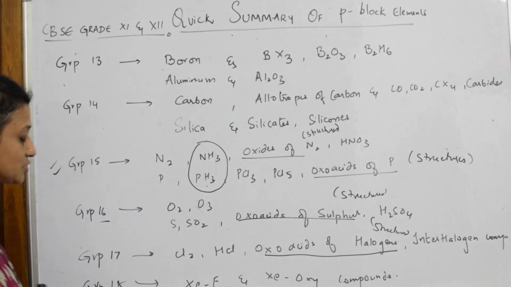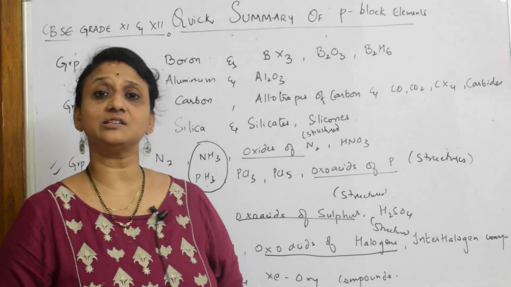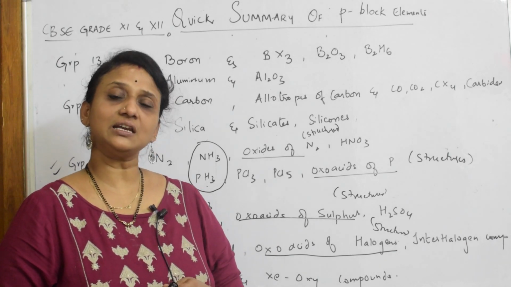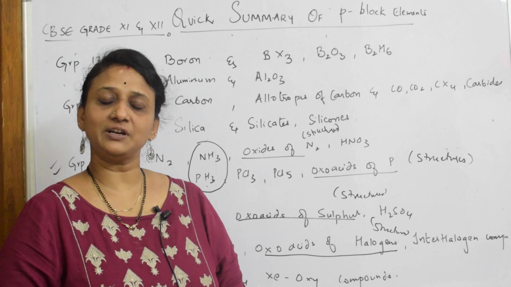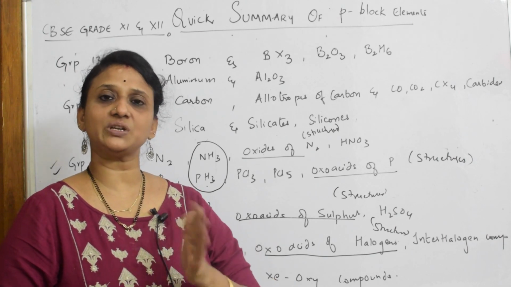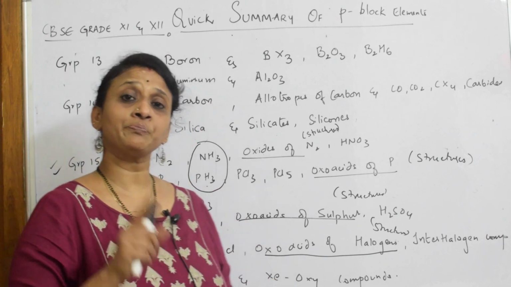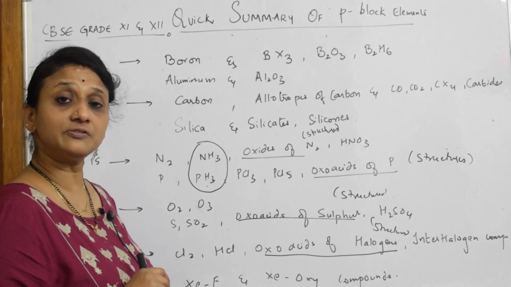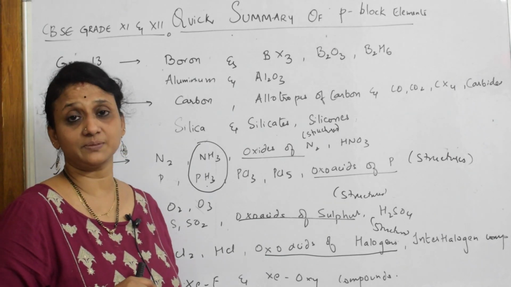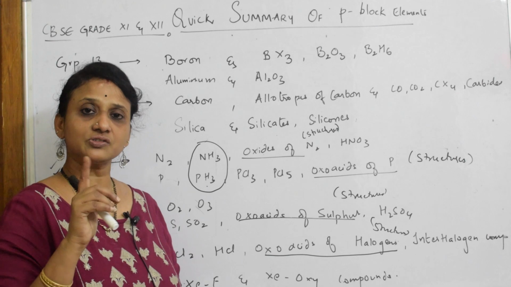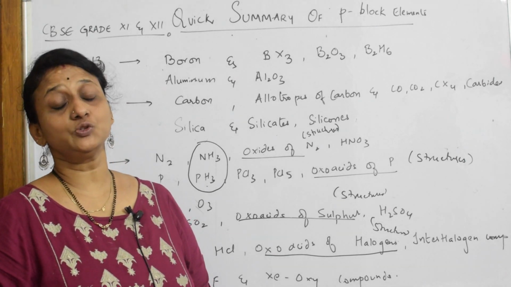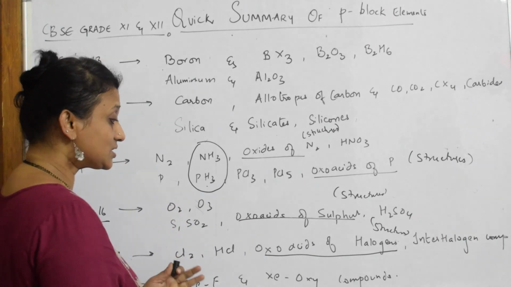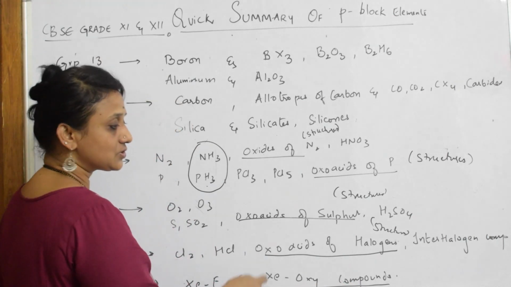Done. When it comes to group 18, as we know, inert gas elements, noble elements. So, here in inert gas elements, because of the completely filled outer orbital, participation is very less. But what compounds are they going to show? They're going to show reactions of xenon fluorides as well as xenon oxygen compounds. There in xenon oxygen compounds, you have different compounds like XeO2, XeO3, XeO2F2, like that. Those compounds, again, structures are asked.